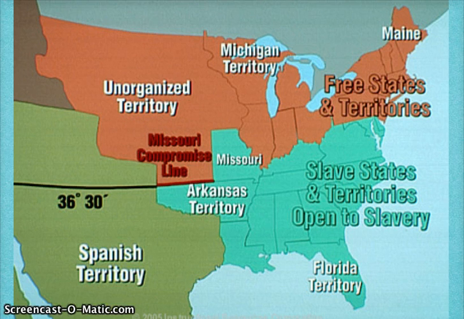Okay, the Missouri Compromise line is labeled right there. This happened back in 1820. The slave states and territories open to slavery were essentially labeled as the southern states, states in the South. Those states are listed in the aqua color, and then the free states or territories are located right above. The United States had this problem in the fact that they had to expand. And because they had to expand,